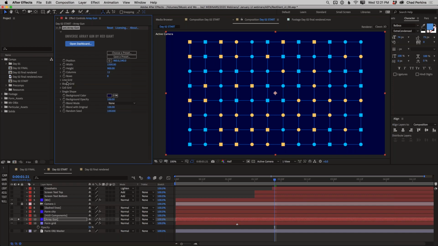So there's actually three different grids here. There's a line grid, a shape grid, and a cell grid. By default, the cell grid is turned off. We can't see it, but we can see the line grid. That's the grid in the background, and the shape grid are the little squares and circles that we're seeing on top there. I don't want the line grid, so I'm going to open up the line grid and turn off